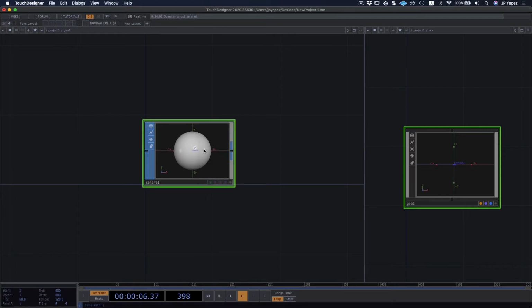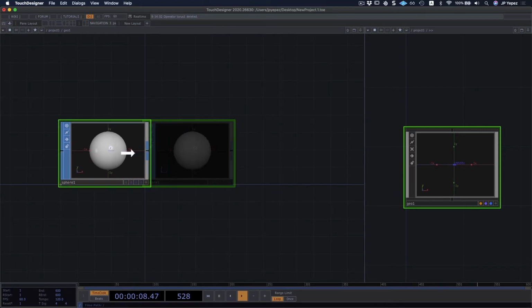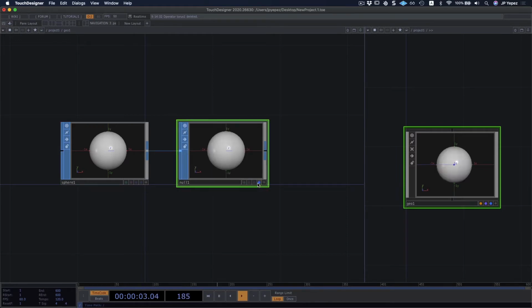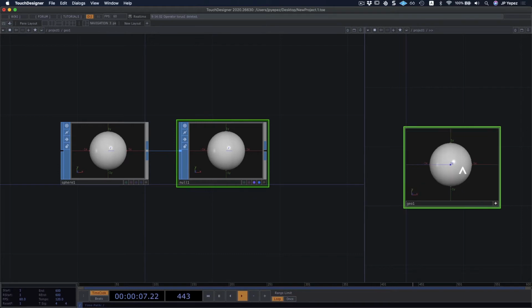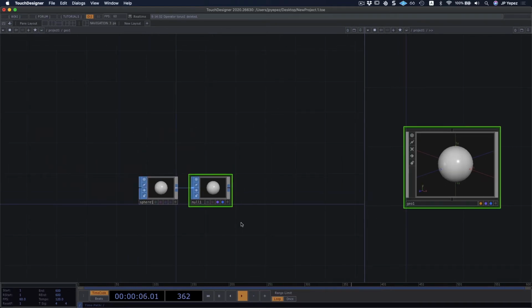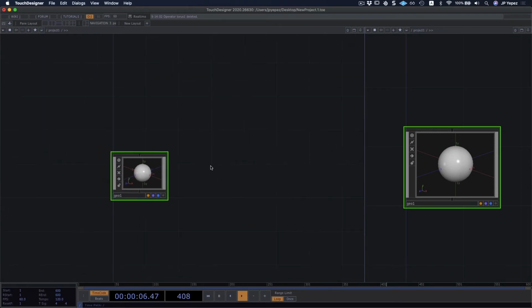But I don't want to do this in this sphere node. Like I was telling you, nulls enable me to keep my workflow organized, so it's better to just enable these flags right here. And I have my geometry displaying the sphere that I added. So that's a good start. Again, the null is also going to allow me to introduce additional operators if I need them later on. So it's really the best way to work with them.